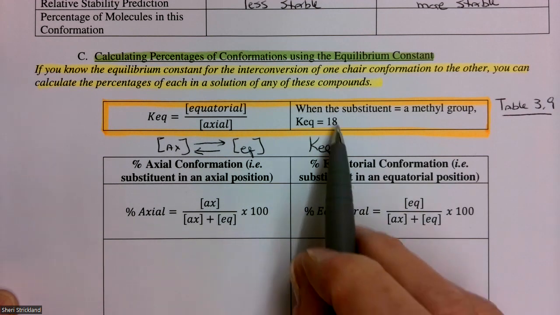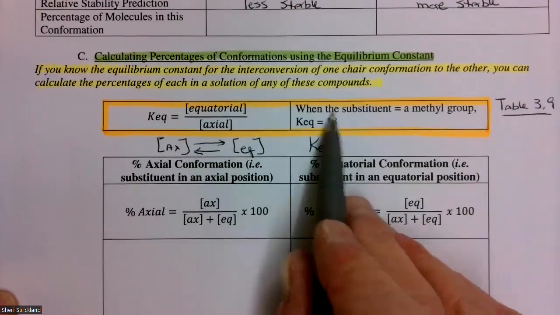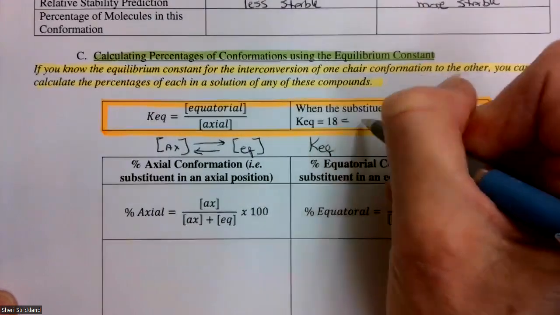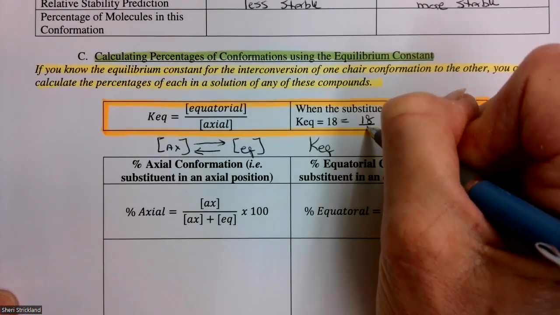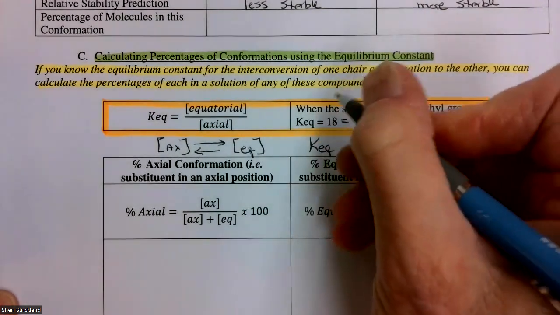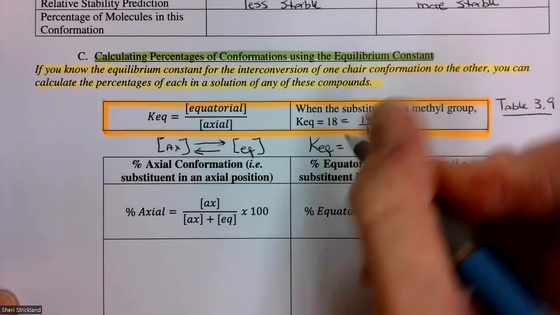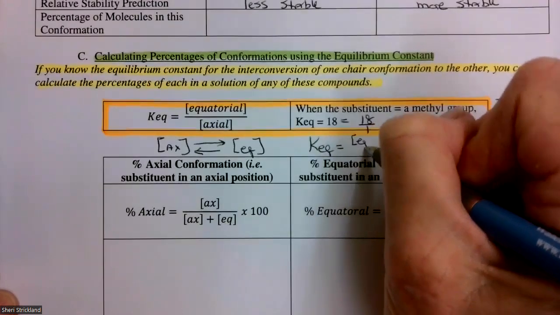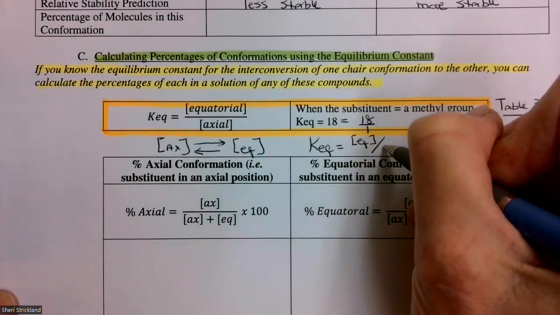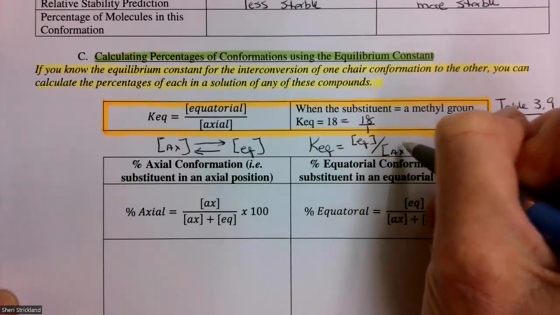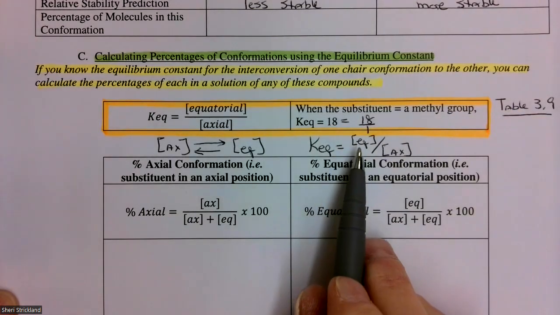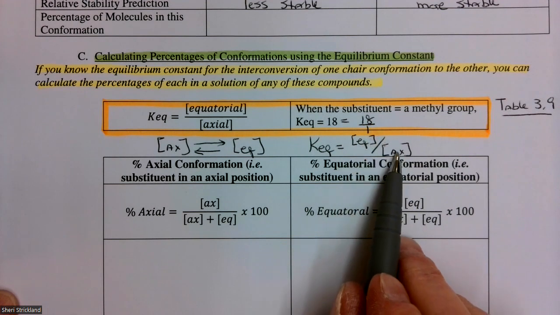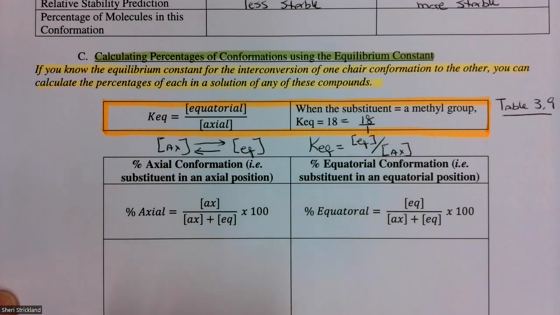So if the substituent is a methyl group, the equilibrium constant is 18. And another way of writing that is 18 over 1. And the equilibrium constant is always going to be, for an equilibrium that's written like this, the equatorial concentration on the top and the axial concentration on the bottom. So we can use the 18 to represent the equatorial portion and the 1 to represent the axial portion. So the percent axial